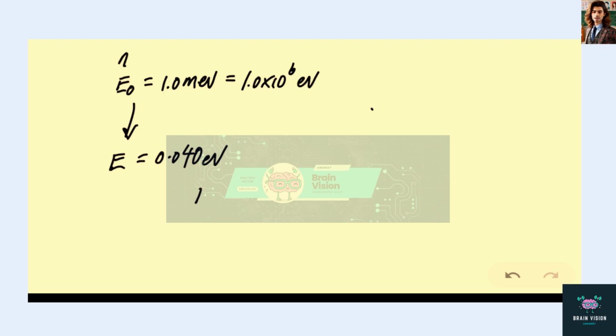So the energy at the nth collision, after n collisions, will be equal to the original energy multiplied by half to the power of n. So in order to find the number of collisions when En is equal to 0.04,